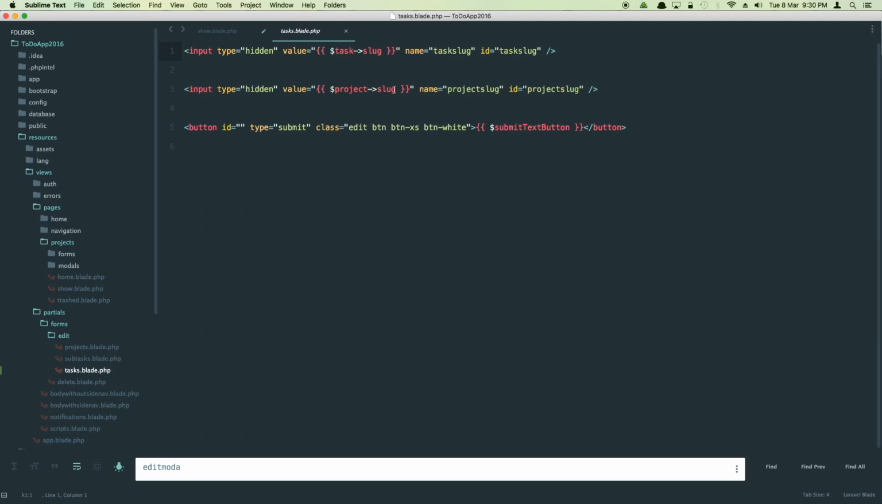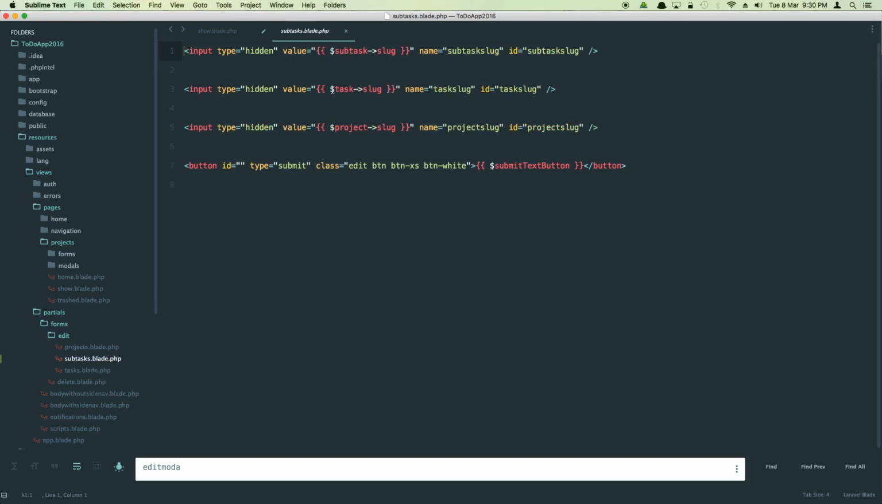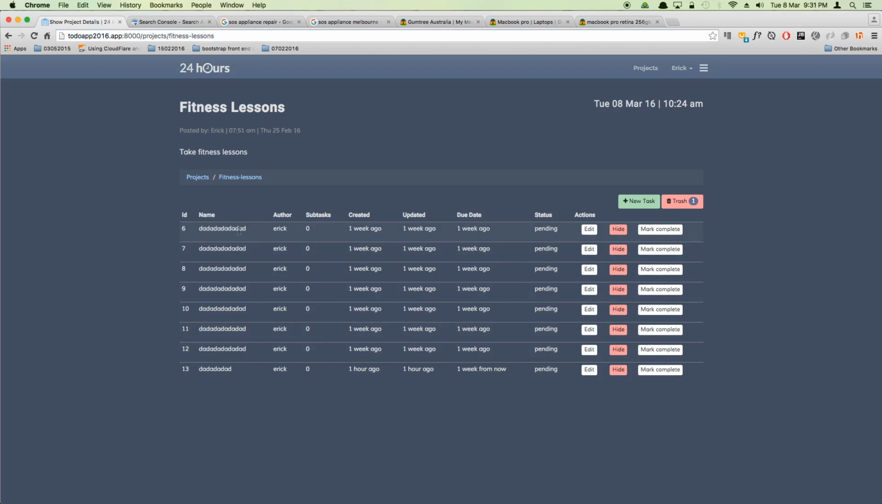It has project slug named as project slug, and also it has task slug named as task slug. And in the subtasks, it has project slug, task slug, as well as subtask slug. So that's the key. We need to provide the hidden values of the currently displayed slugs. So if you go here, if you right click, you can see, if you view source,